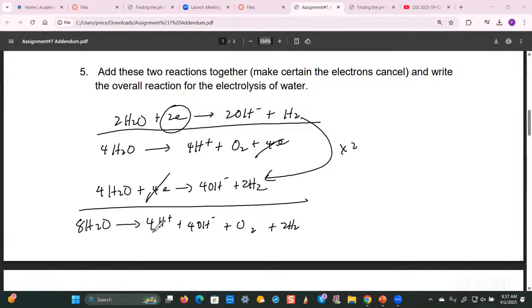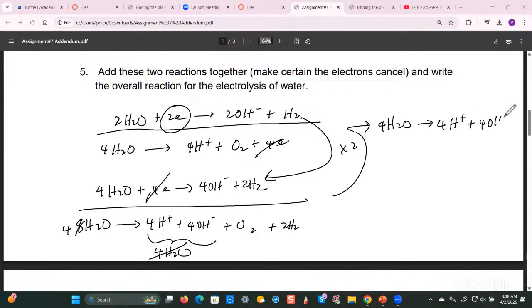Or plus 2H2. But here's the thing. These two here will add up to give you 4H2O. Right? So these 4 water molecules will cancel out 4 of these. You're going to end up with 4 H2O to give 4 H plus 4 OH minus. And another thing that will cancel out is that if you divide right through by 4, you're going to end up with,